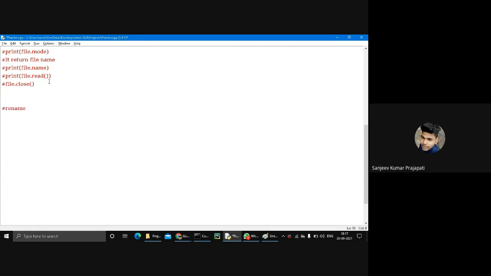The rename operation. The definition is: the rename method is used to rename the file. The syntax is import os. OS means operating system.